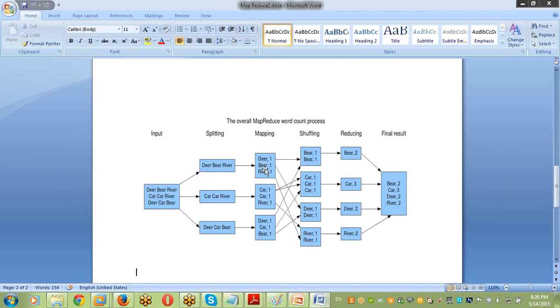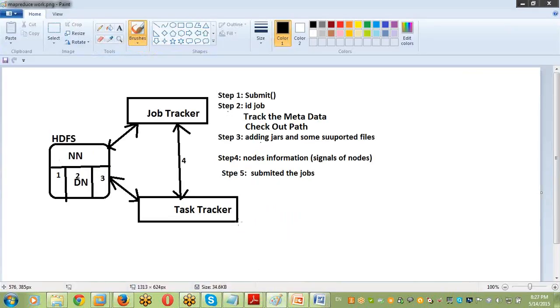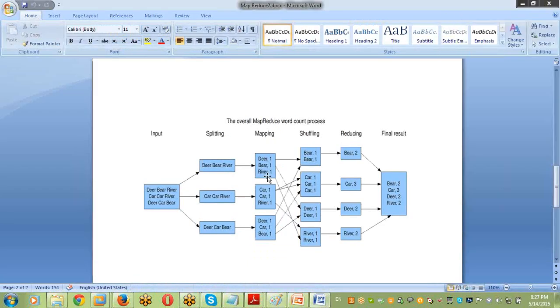The mapper's responsibility is to read the data from the data node. How is it reading? By default, the splitting concept is there, which helps to read the data from blocks to our logic. Once the job tracker and task tracker submit the jobs, the mapper work starts immediately. The first work of the mapper is to read the data from the data node. Splitting is logical, not physical. It coordinates our mapping logic and our data.